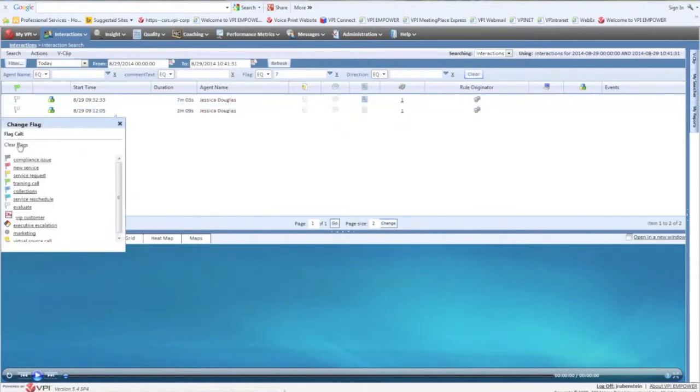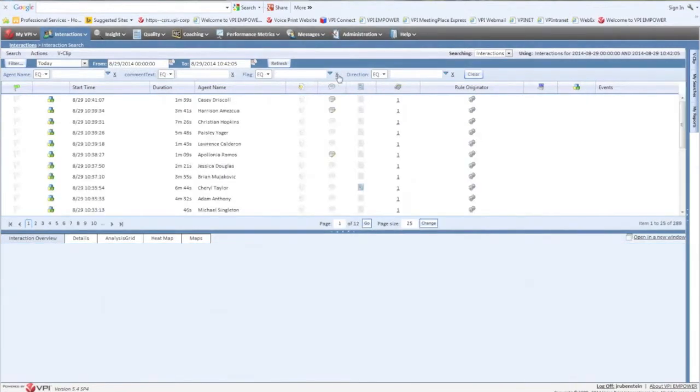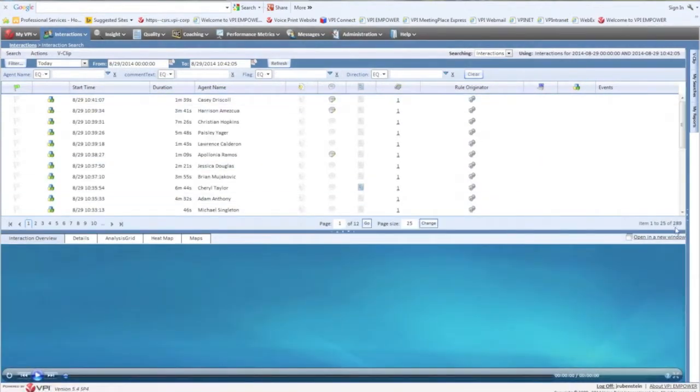Now I can go ahead and clear out this flag. I click on the icon, I get this box of flags here, and I clear out my flag. Now if I go to refresh, I'm down to 1 flagged call. That's editing or removing your flags. Very simple, right? I'm going to go back and clear this out and go back to my